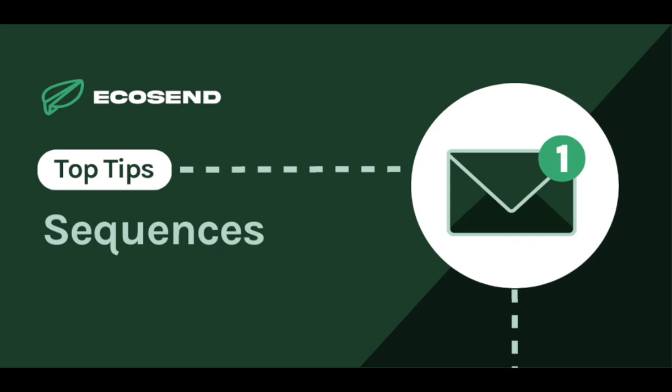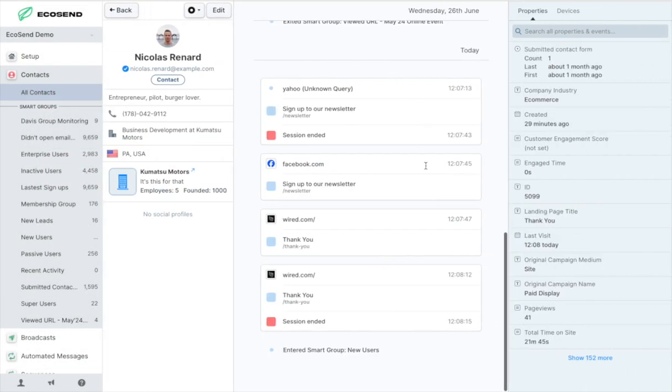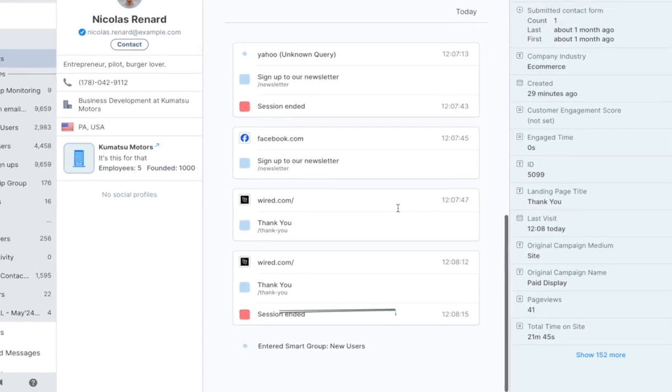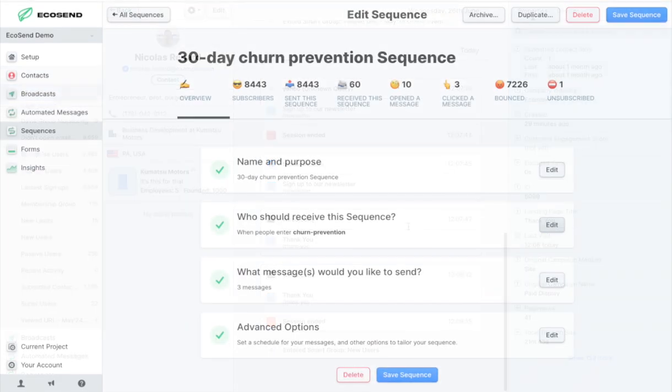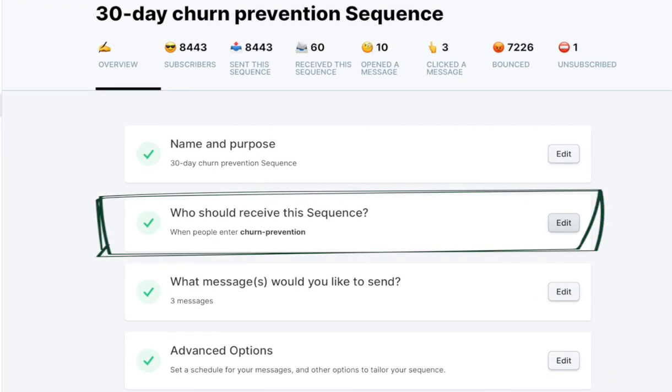Sequences enable you to create automated email campaign flows. Just like our automated messages, sequences trigger when users enter or exit an EcoSend smart group. Users enter smart groups to trigger a sequence as soon as they match the smart group's filters. This ensures you only ever send targeted, relevant messaging to meet your users exactly where they are in their user